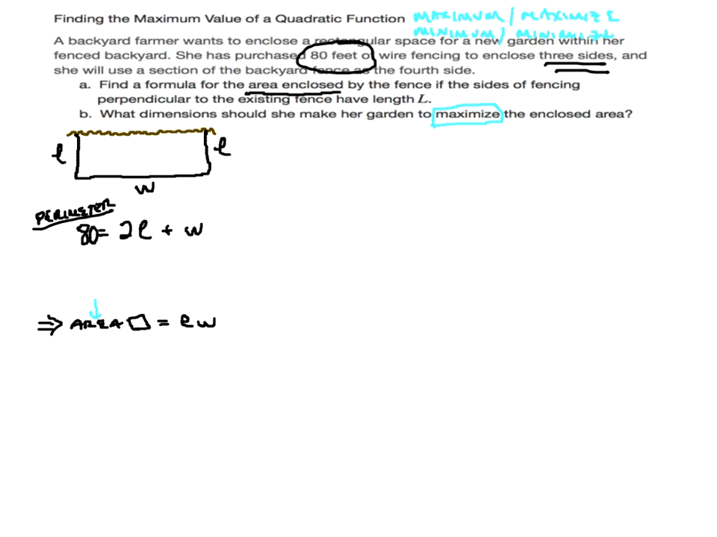So since we're going to be multiplying to create the area, we're going to create a quadratic function. And we're going to have to find the vertex of that quadratic to know the maximum area she can enclose. So what I'm going to do with my perimeter is just solve for one of my variables. The easiest one to solve for is the width. I'm just going to subtract 2 times the length off of both sides. And I get 80